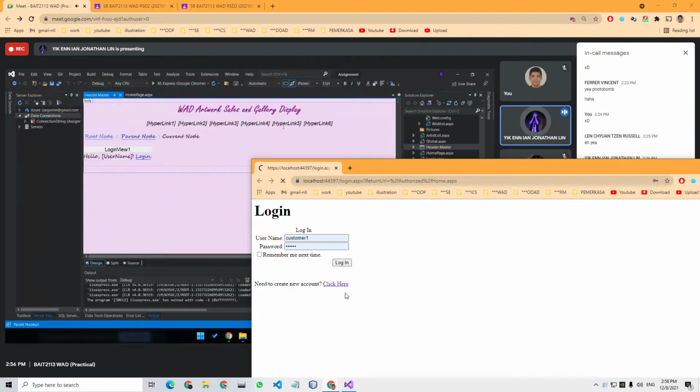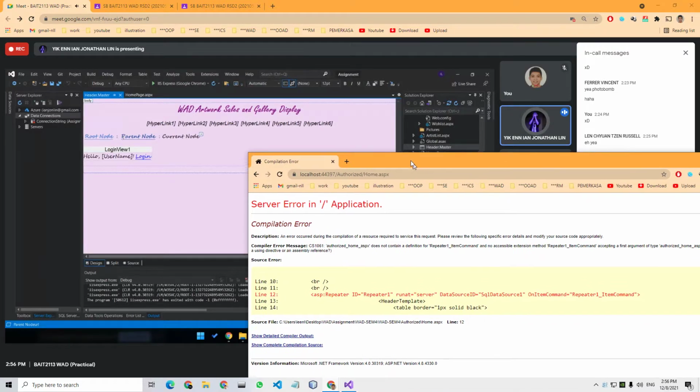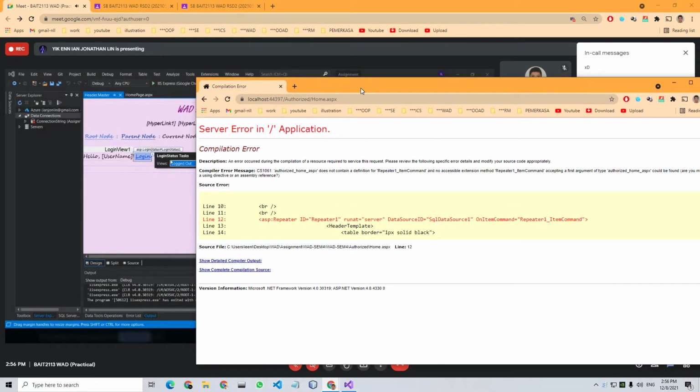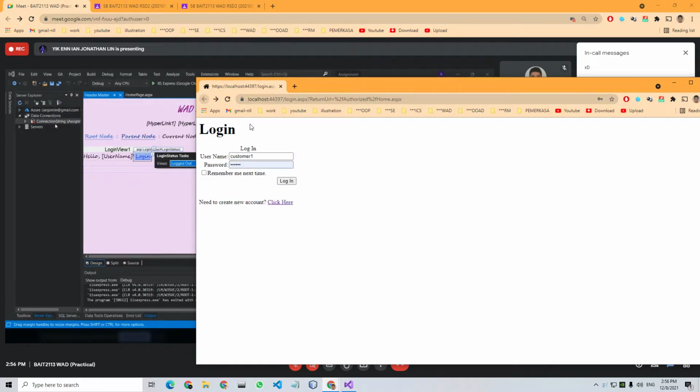So later on I will demo it as well. So we have a sitemap here. There's a login view here. This one can toggle: if it's logged in, then it will show the username. If it's logged out, then it will say login. Okay. So for the sitemap,